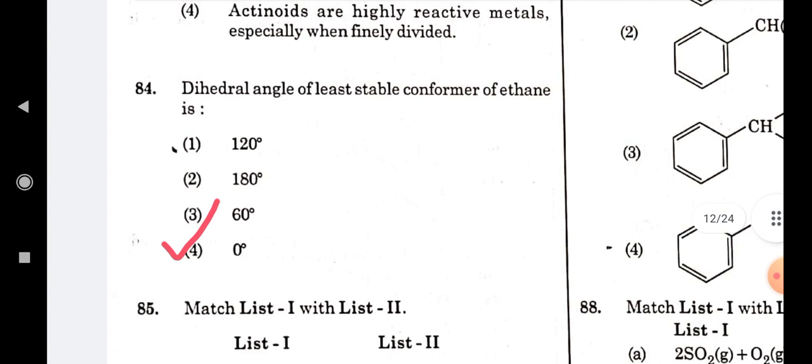Now the dihedral angle of ethane. So ethane will be least stable at the what? At the conformation when the two hydrogens will be just on the same line, that is, they will have zero dihedral angle. Okay,